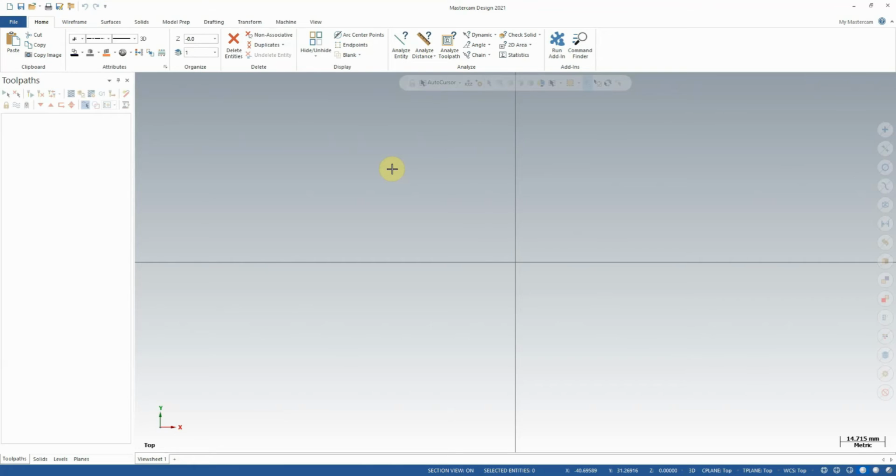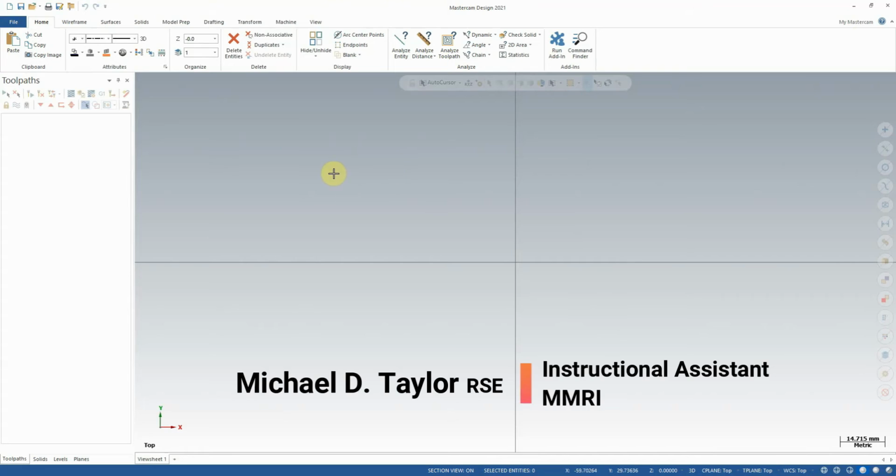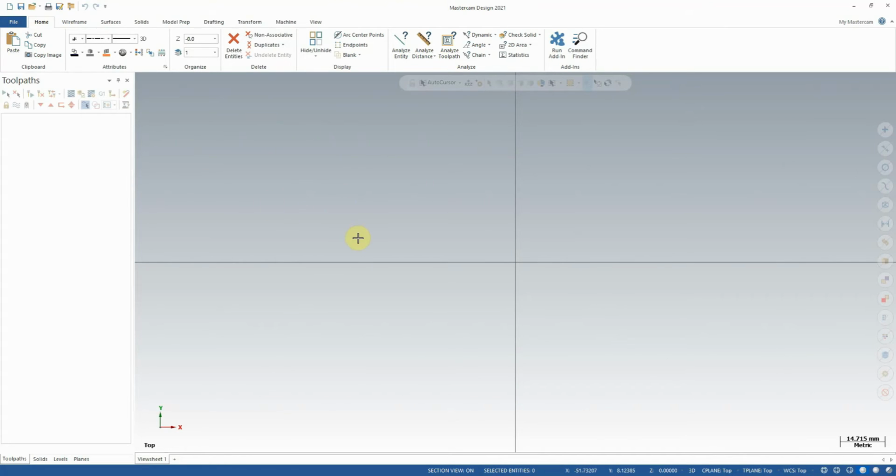In this tutorial, we're going to examine our first toolpath type in much greater detail. The toolpath type we're going to be looking at in this section of the course is the facing toolpath. To get started, we're going to need to create some geometry to work with, as well as set our Mastercam configuration file to imperial. So I've just opened a new file right before starting this recording, and the first thing